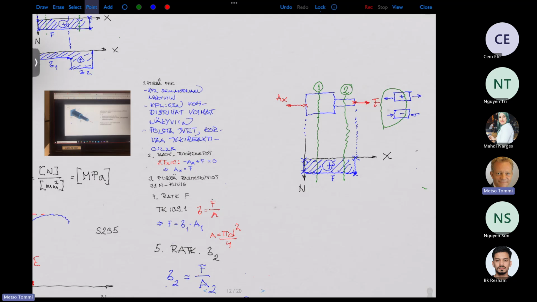And when I have done that, I can draw a load diagram. And these are the sign rules. So AX, when we are approaching from left, is in positive direction. Then the next one is the force F, and it's negative direction. So the load in every part of this object is F. And then the next one,